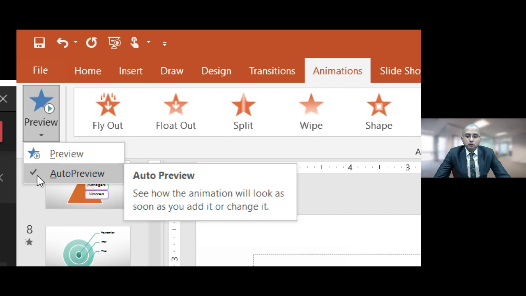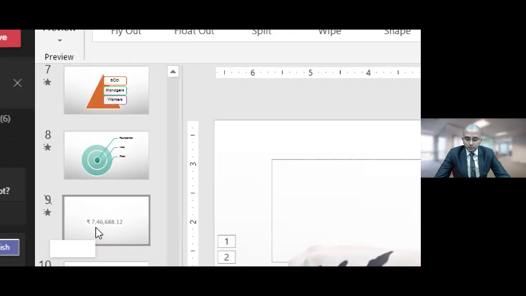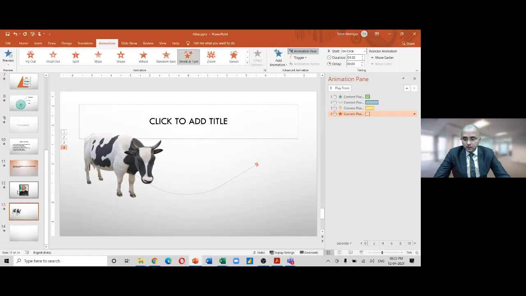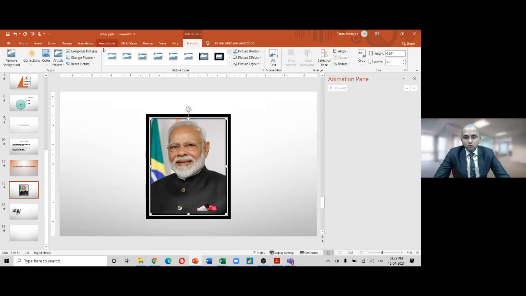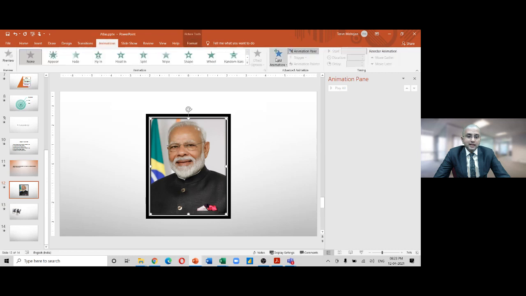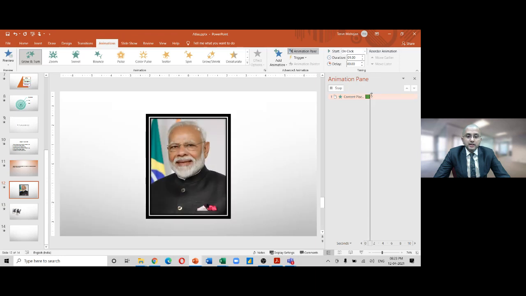So as soon as you put an animation, you will see the preview. Like for example, let's suppose here, let's remove this animation. Now I want to add the animation. So I go to the animation tab and I say add animation. In add animation, I'll say appear. So how would I grow and turn? Okay, grow and turn. As soon as I click on grow and turn, immediately it shows me